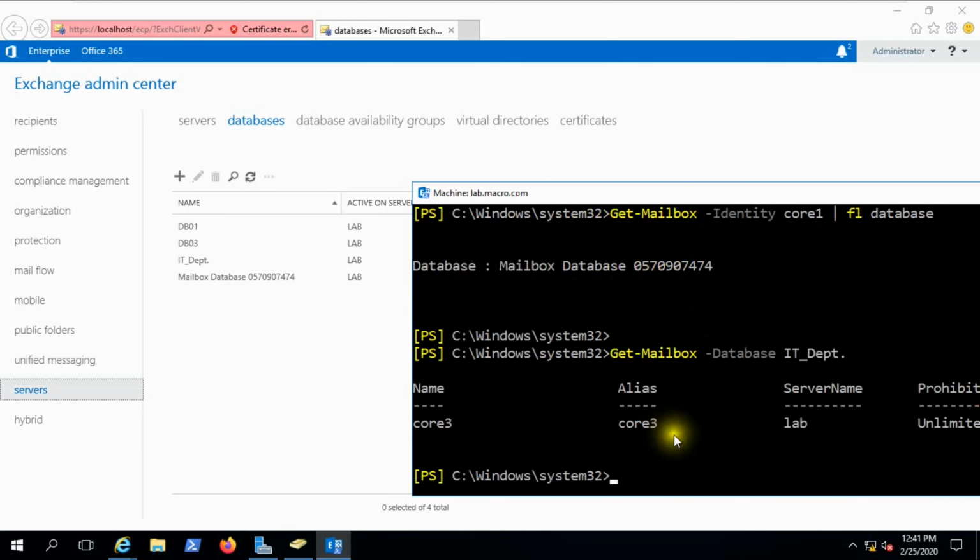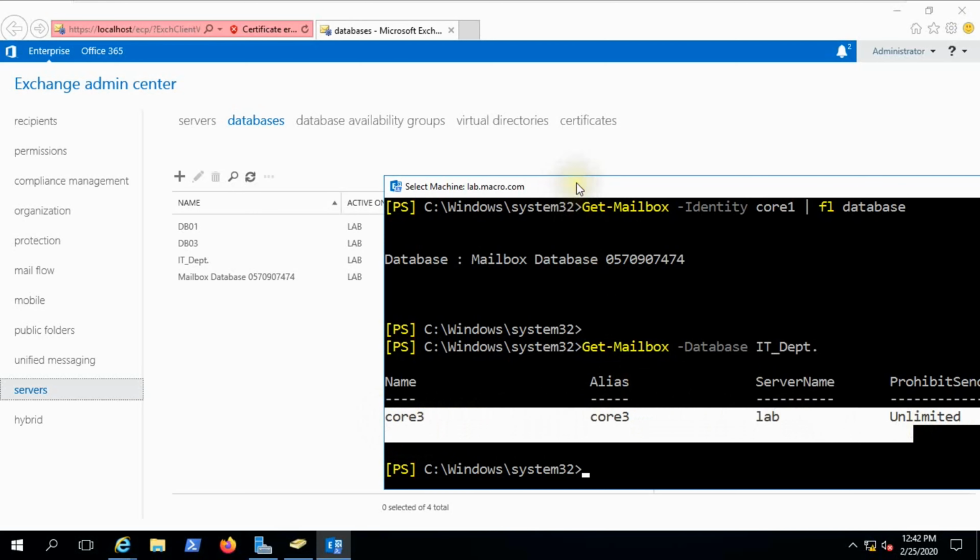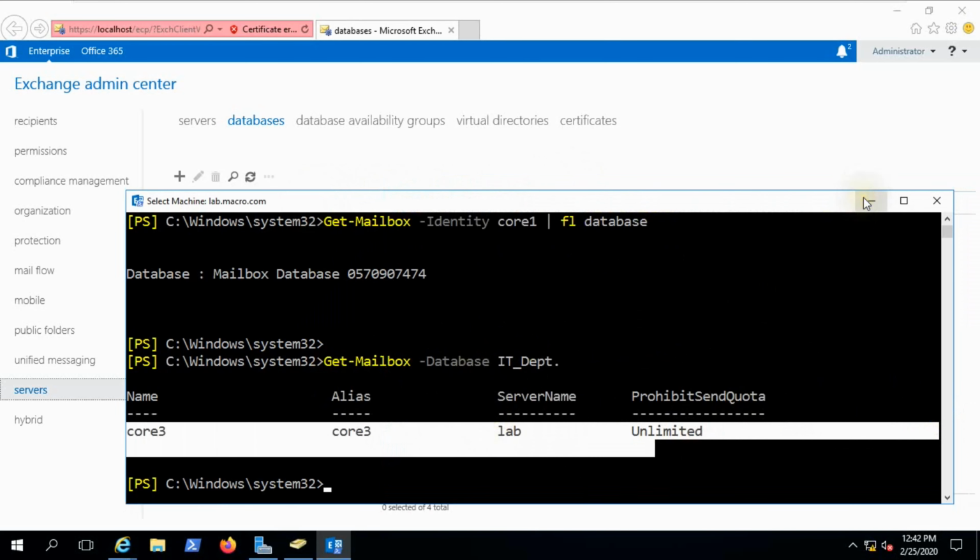Code 3 is already in the IT department database. We can see here that code 3 is in the IT department database. We have to transfer code 1 and code 2.